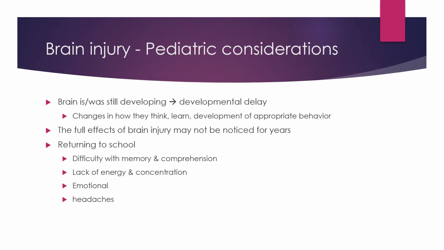So some considerations that are specific to children, primarily that the brain is still growing and developing. Kids are constantly, their neurons are growing, they're building new synapses, they're shaving off old connections that they're not using. And so if they suffer a severe or a moderate to severe brain injury during the time of development, that can cause developmental delay and can set them back. And also it can change how they think, and it can affect areas that are responsible for developing